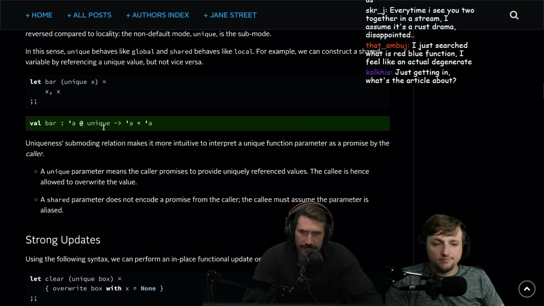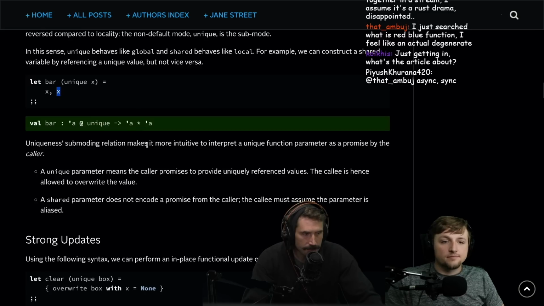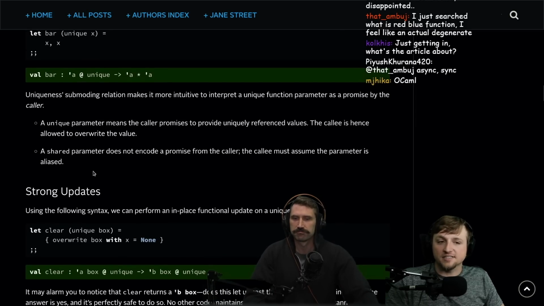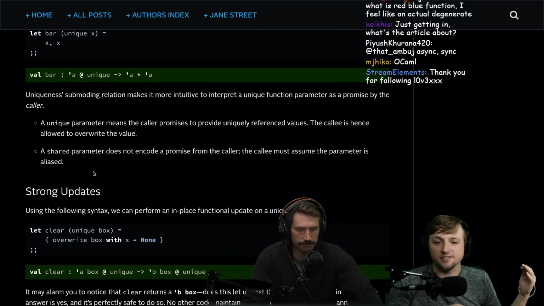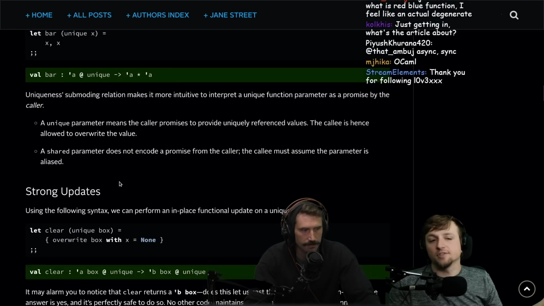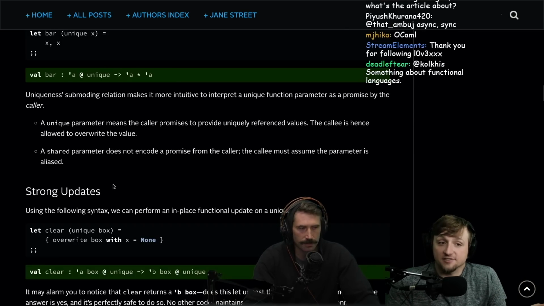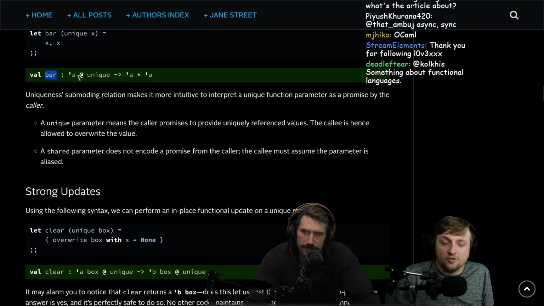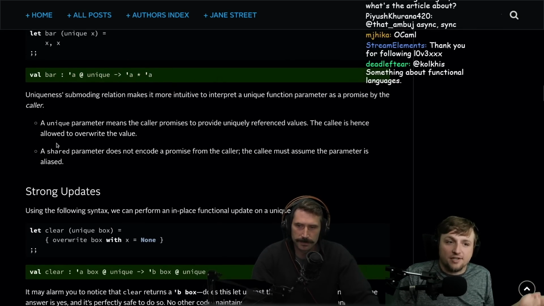And so does that make X no longer unique once it goes through this function? X is now shared. This is basically like cloning, right? You could take in an X in Rust and return x.clone, x.clone or something like that. That's effectively what we're doing because we get to fall back to a garbage collector. It doesn't matter. You don't have to write X clone, you just write X because the garbage collector will still handle that in this case.